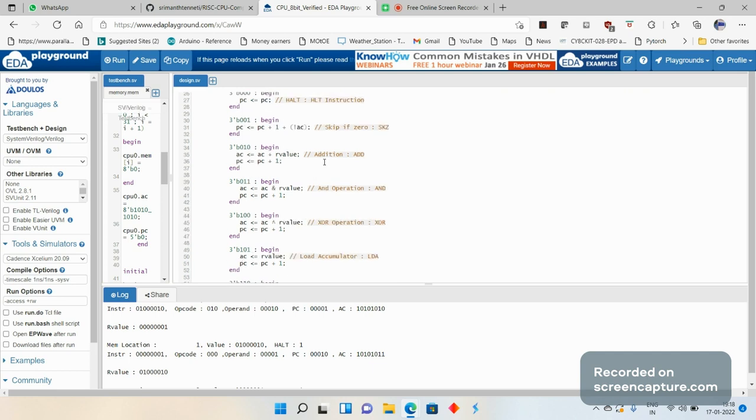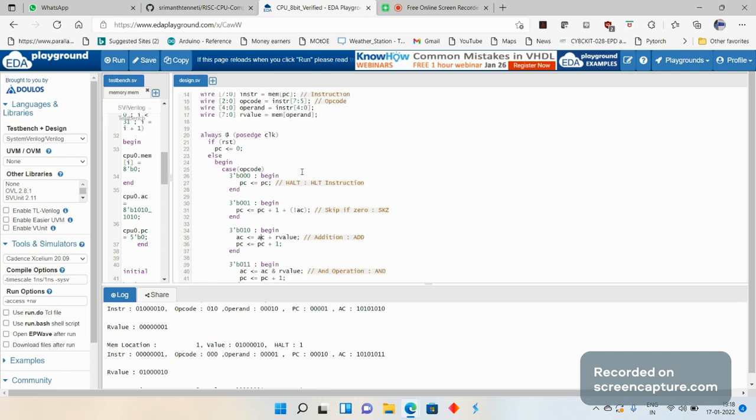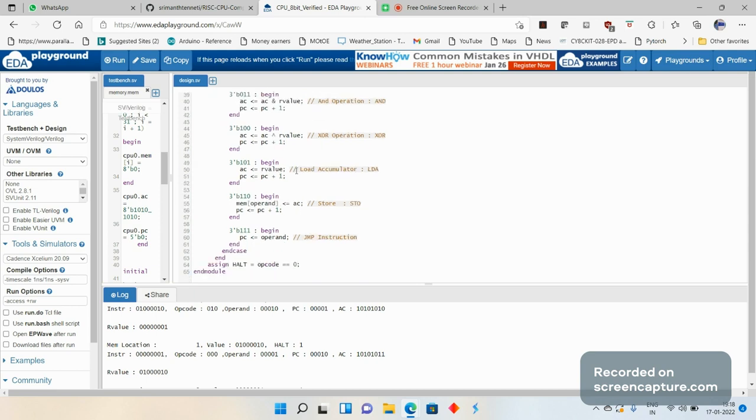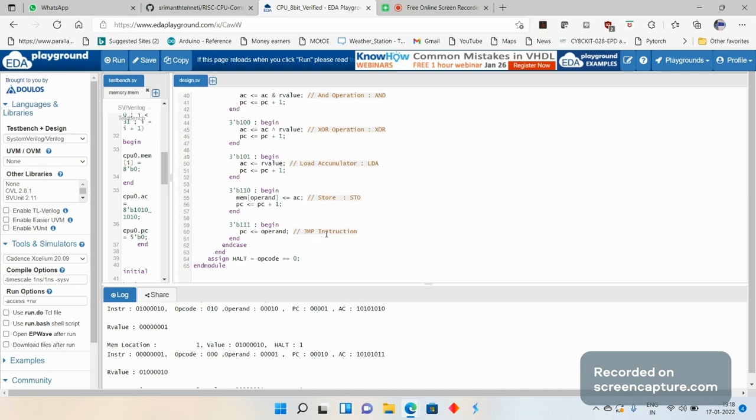Next is addition, where we are going to add the particular value. So basically, accumulator plus the value that we fetch, and we are going to increment the PC. Similarly, AND operation and increment PC, XOR operation and increment PC, load accumulator, where we load the accumulator and increment PC. So we are going to the next instruction. Store, where we are going to store into the memory the accumulator value. And then finally the jump instruction, where we can use it to jump into a particular